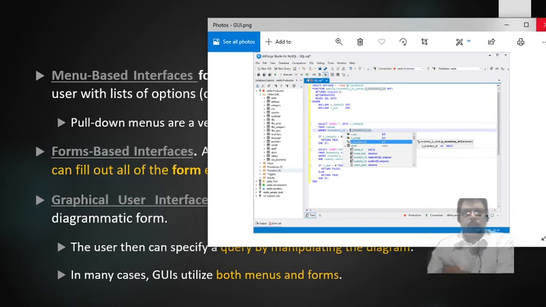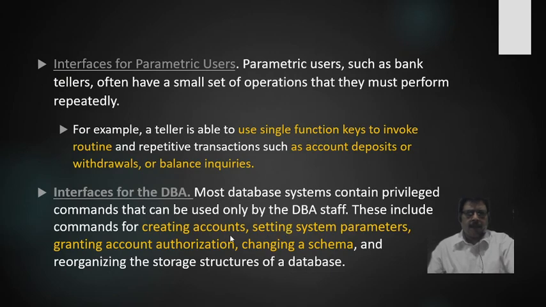From here also you can do all the tasks such as account creating, meaning you can create logins, you can create different usernames, you can set the parameters, the constraints or user access you can set up, you can grant account authorization so that a certain user can access with this username and password, and change the schema. All these operations we can perform using a GUI interface also. Actually such systems are mainly used in databases for creating, updating, deleting, or even providing services to the users.